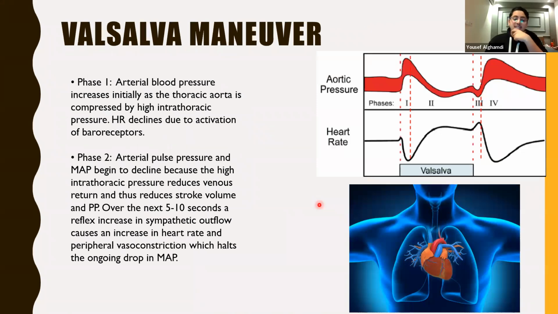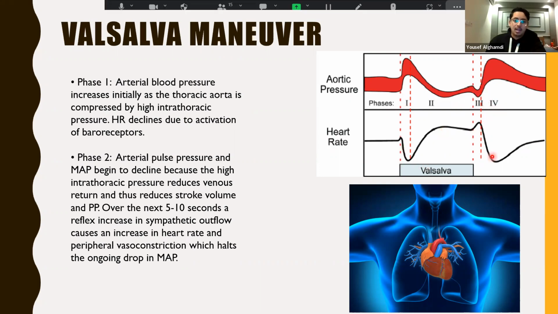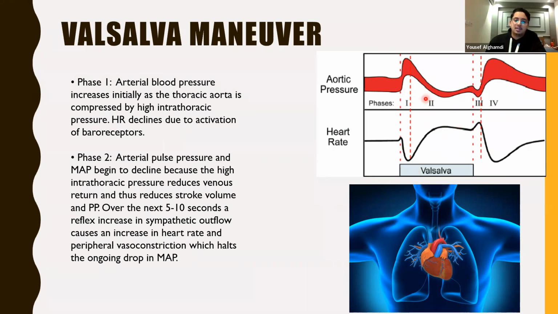Okay, so the Valsalva maneuver can be divided into 4 phases: first, second, third, and fourth. Your first and fourth phases are characterized by a significant decrease in heart rate. That's the most significant part of your first and fourth phases, but I'll get into them one by one. First of all, I want you to think of your aorta as a tube, which it is, obviously, but just so you can visualize it. And you can look at the thoracic cavity here in front of you,